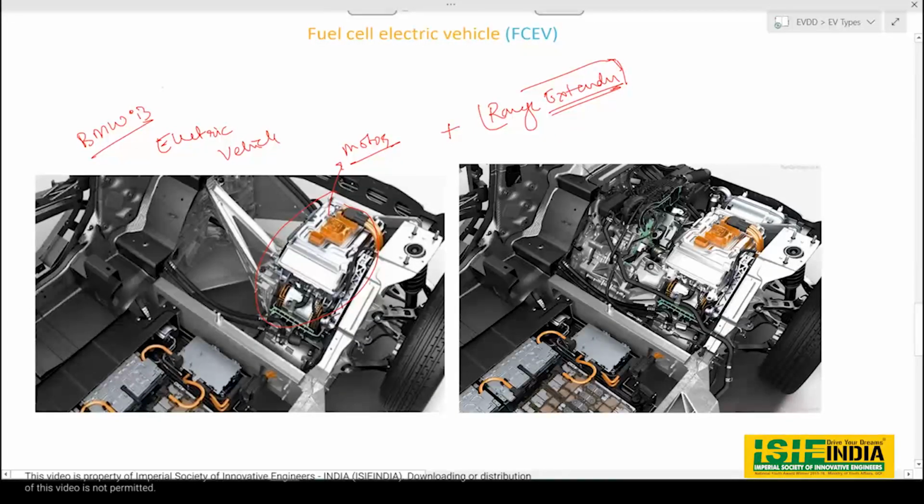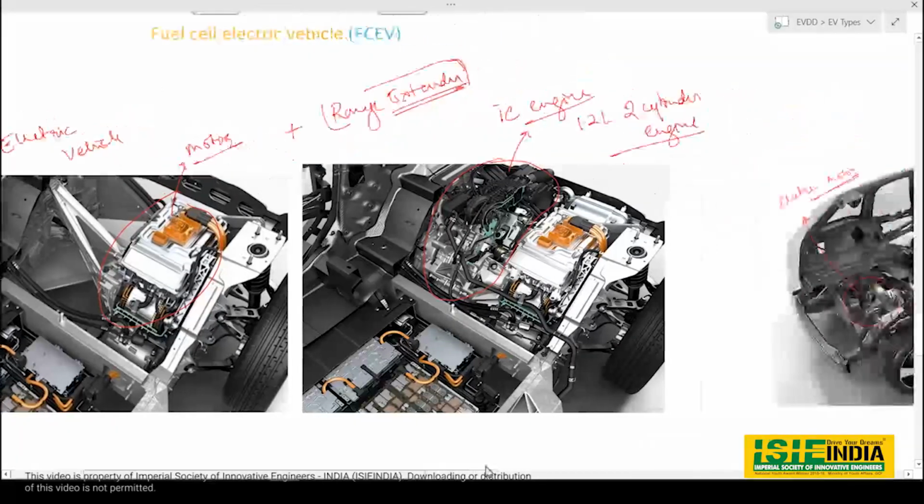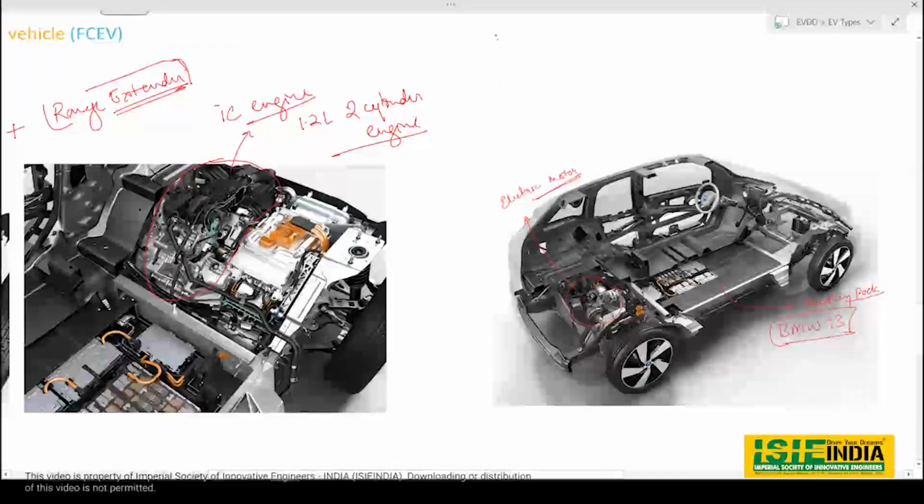A range extender is nothing but, as you can see in this image also, an IC engine placed beside the motor. This is a 1.2 liter two cylinder engine,